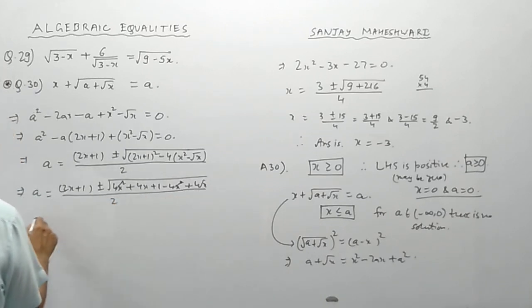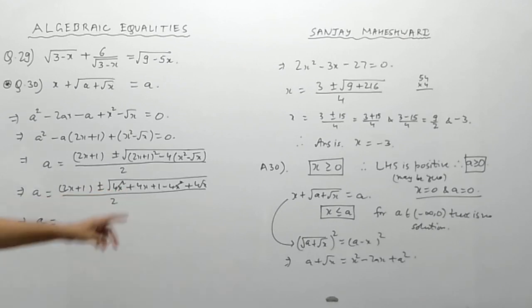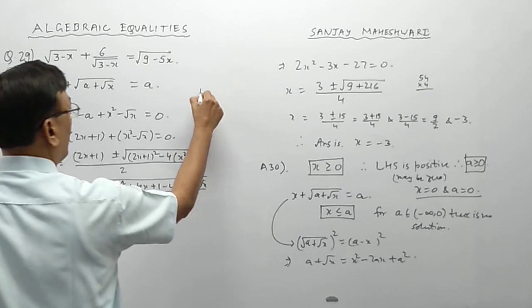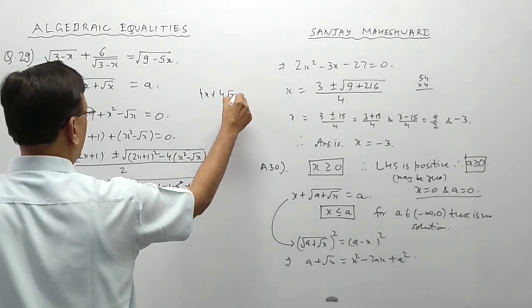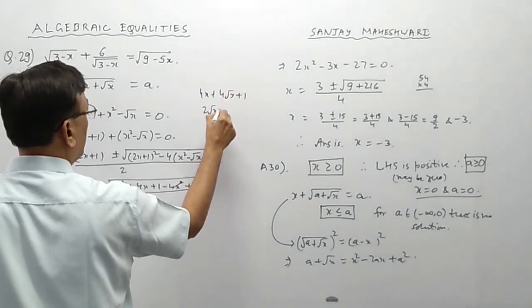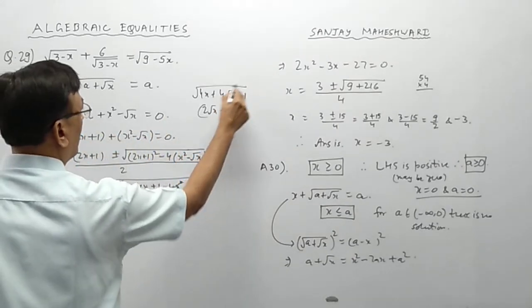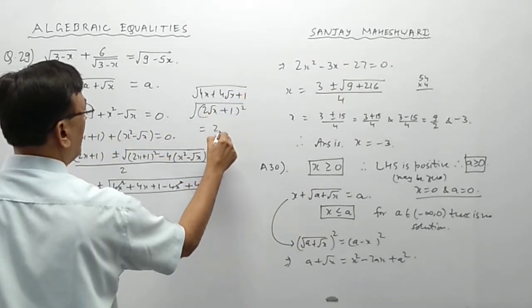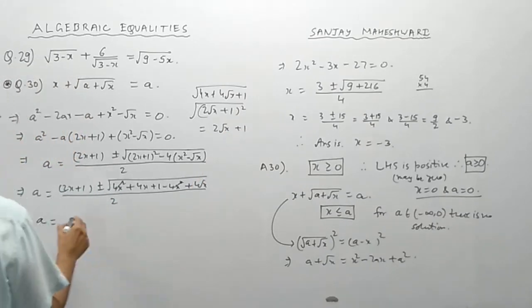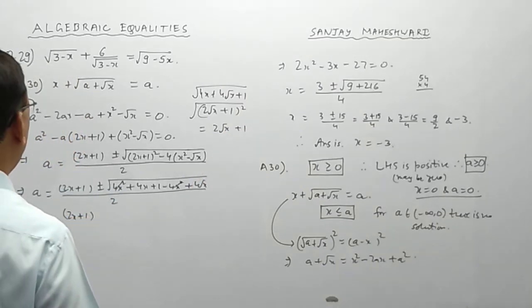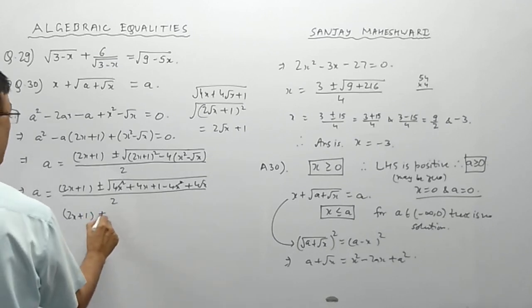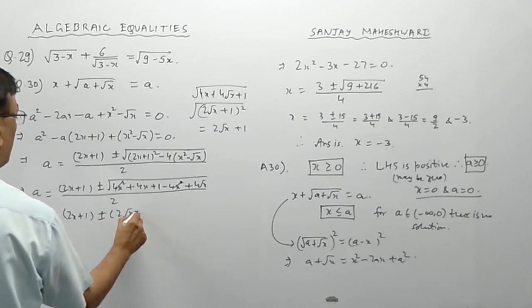Divide by 2. Therefore a is equal to... you can see that here this is 4x plus 4 root x plus 1, that is 2 root x plus 1 whole square. So if this is this, then we get 2x plus 1, 2x plus 1 plus minus 2 root x plus 1